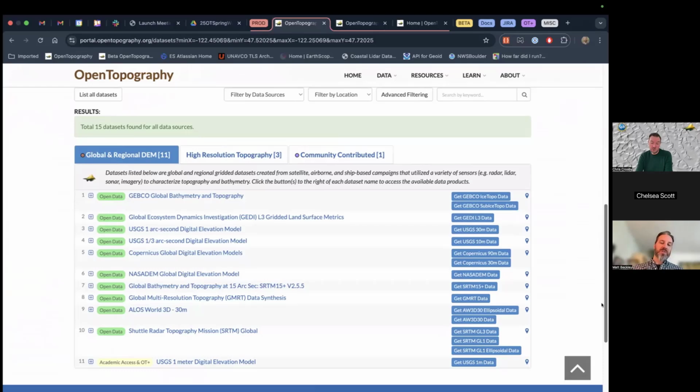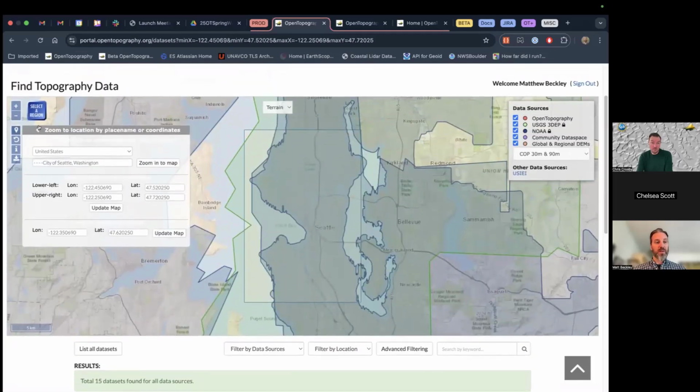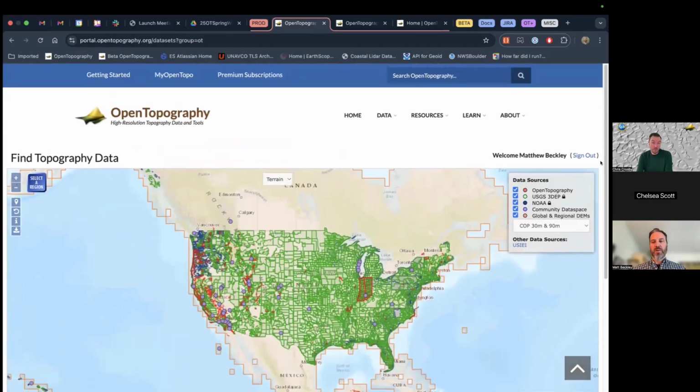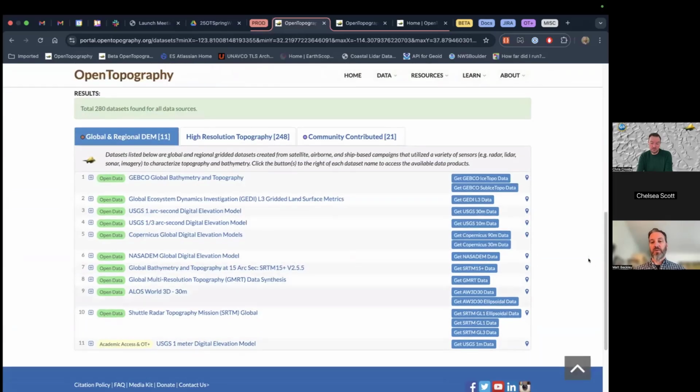And this is another section of OpenTopo where we've done some reorg recently, so I'm just going to walk through this a little bit. But before I do that, let's go back to another method. So that's the one method of using this point by location. Let's reset the map. The primary way people are going to use this map is by just drawing their own area of interest. So let's say you would just click this select a region button and just draw your area of interest. So here we selected Southern California, and these are all the intersecting data sets for that region of interest.